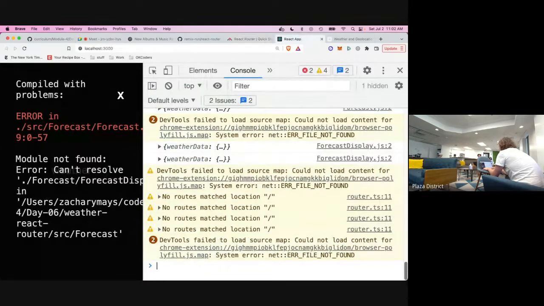So like will it just render the forecast portion under that weather heading on the same page? Yes. Okay. Yes, that's right. That's the part I was